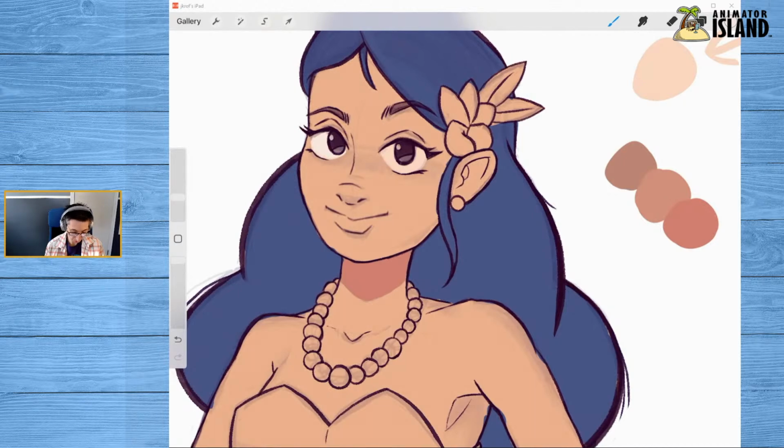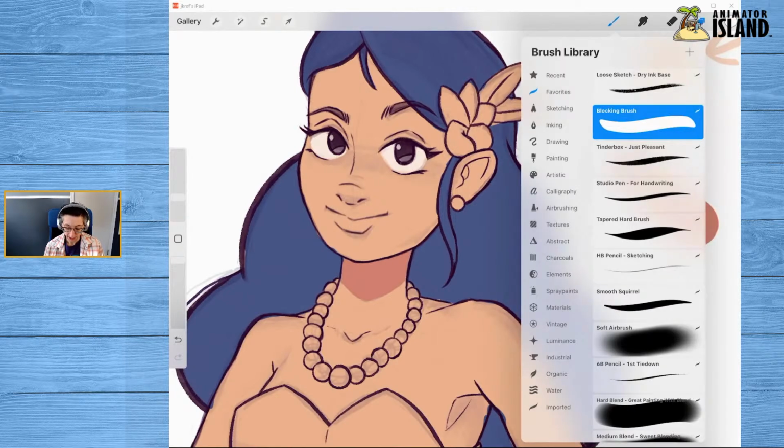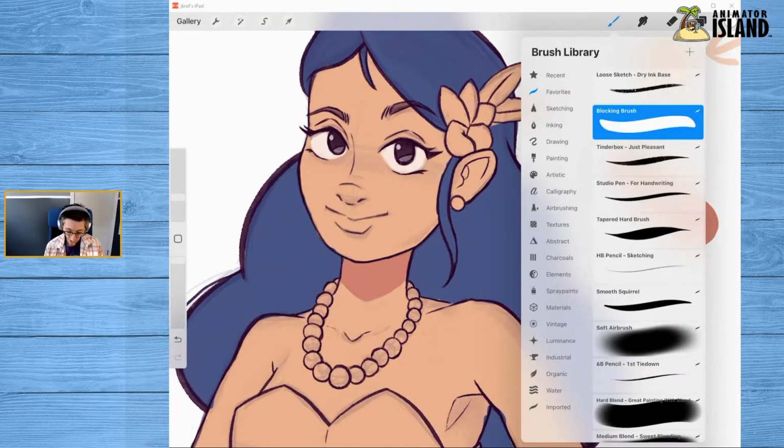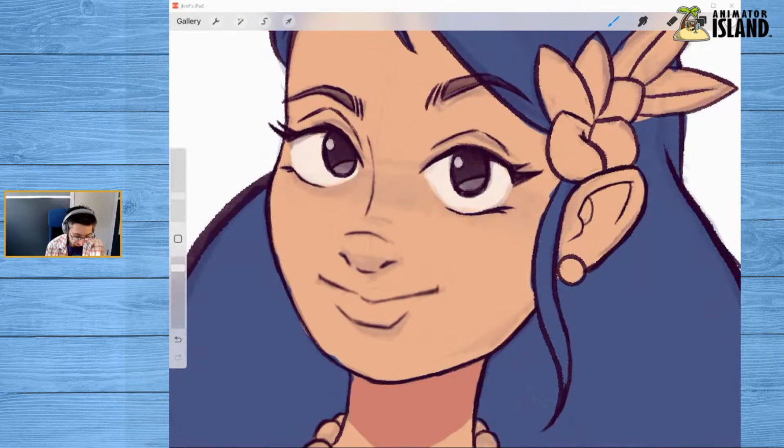So like this is even brighter and you might like this more, and that's totally cool. You can do that, but it's still not white, right? Look at where we are on the color picker. We're still not at exact white. And the nice thing about this is after the fact, you can go in, let me just grab a different brush. You can go in and you can make your highlights actually white.